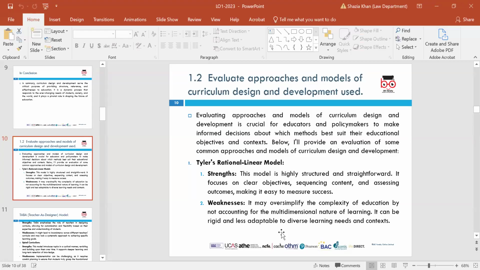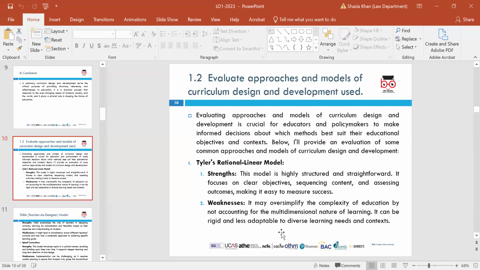1.2, evaluate approaches and models of curriculum design and development used. So curriculum design refers, like we said, to the structure of the organization of the curriculum, and curriculum development includes the planning, implementation and evaluation processes of curriculum. Curriculum models guide these processes. So, there are processes in place that need to be implemented, and there are some approaches and models that are used. Firstly, there's Tyler's